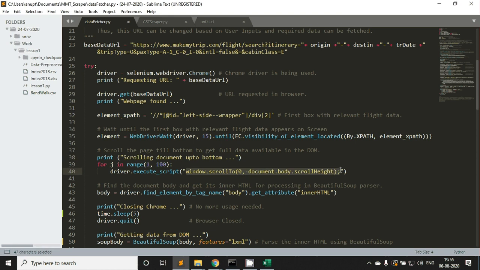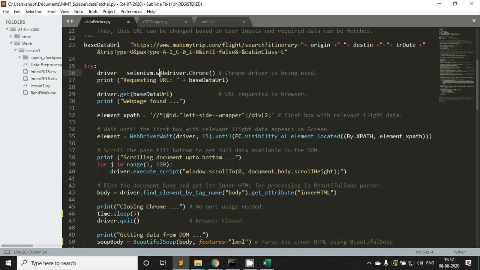Okay. So I have written driver.execute_script. Basically, this script is equal to an interaction, so I'm executing it in the browser. Driver I have defined here, it is the Chrome browser. In the browser, this interaction will happen. How many times? 100 times. Why 100 times? Because I am convinced that if I do this 100 times, I will reach the end of the page.